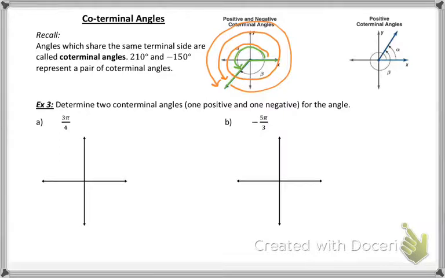And if I want to find a negative coterminal angle, all I have to do is go in a circle in the other direction, right? If I go this way, then I end up at the same spot again. So to find a negative coterminal angle, all I have to do is subtract 360 degrees until I get to a negative. Now today we're going to do the same thing, except now our angles are in radians instead of